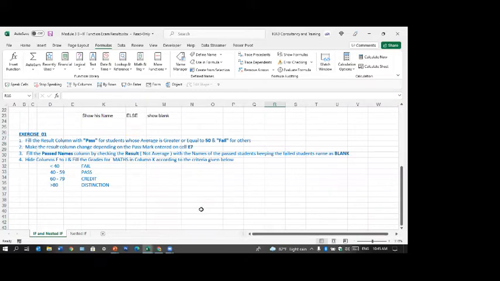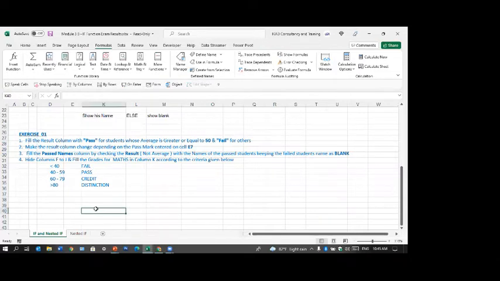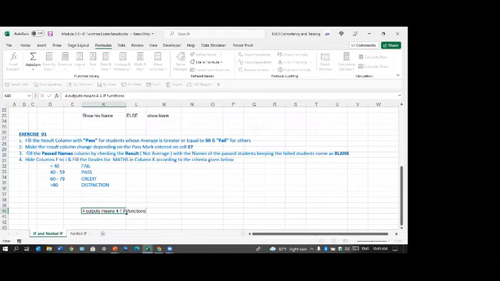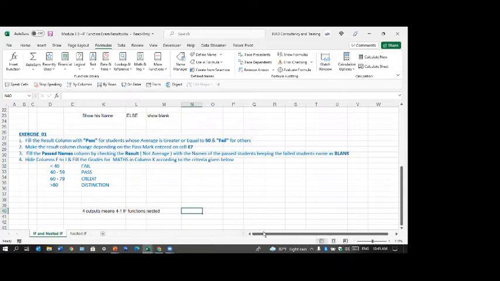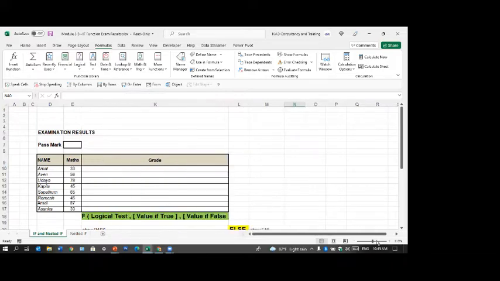Now this is called a nested IF. Right? How many outputs are there? 4 outputs. 4 outputs means 4 minus 1 IF functions, nested together. 4 minus 1, that is 3. First, make sure that you know how many IFs you have to put. Right. This is how we do it.